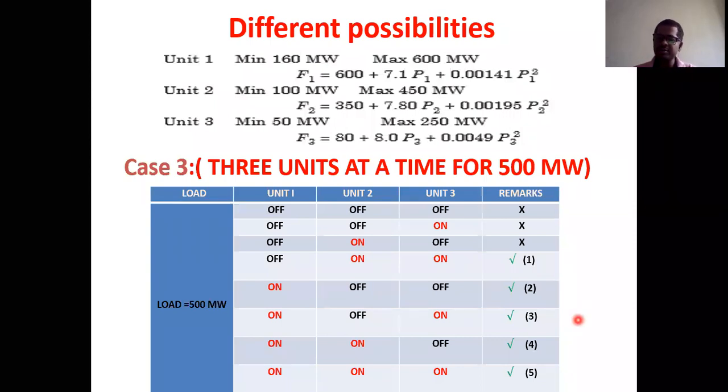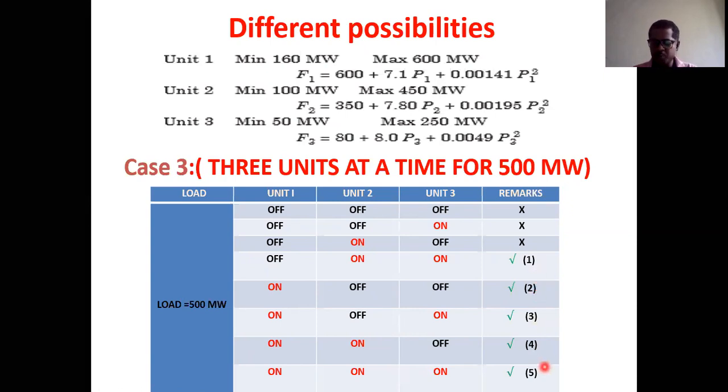Of course, the last one is also useless, because only in exceptional cases will we prefer it, since we cannot operate all the generators in off condition. Similarly, we cannot operate all the generators in on condition. So practically these are not feasible conditions. But for simplification, let us consider all 5 possible combinations.